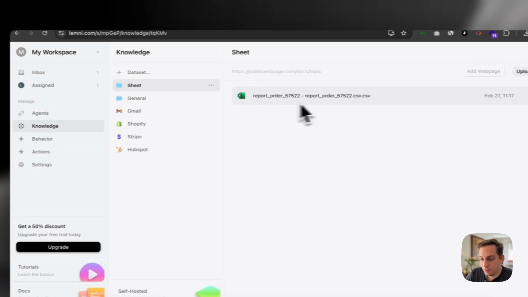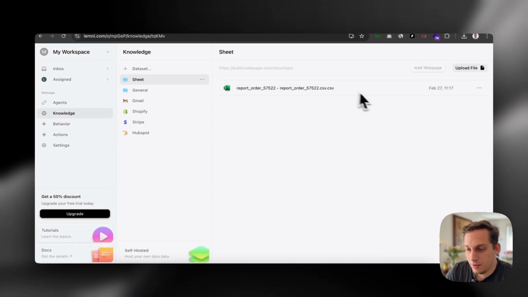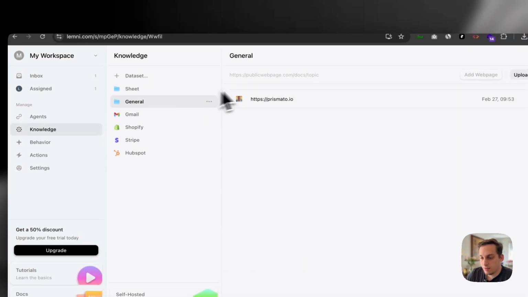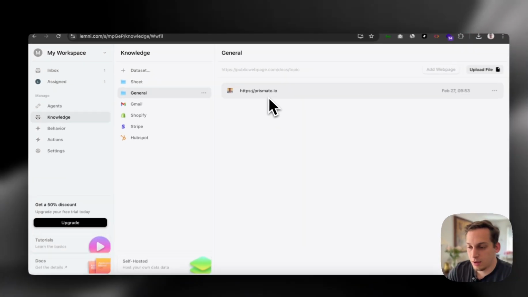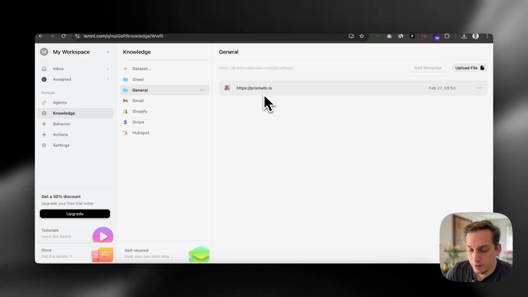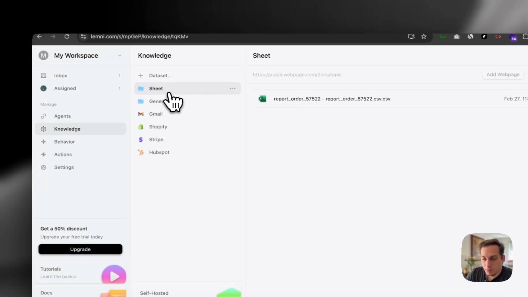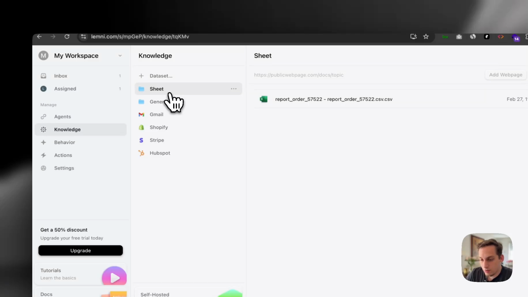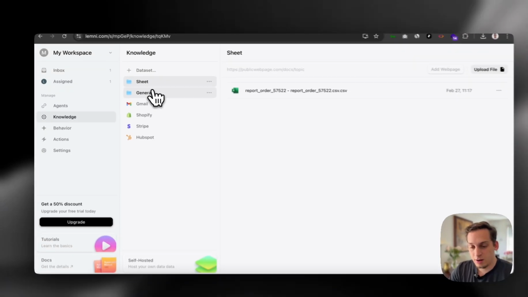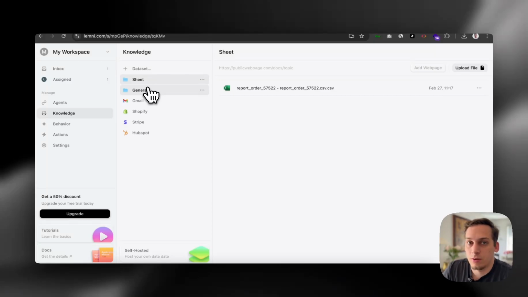But basically, we can add custom sheets. So I added, for example, this sheet. This is like a CSV file of a list of emails that I downloaded. So it kind of has that as like a customer database. And I added my website, which is just like a course website that I created for building Framer apps, right? I just added these randomly. I didn't really use them, but what you can do is you can add specific websites. You can add your agency website, or you can add your e-commerce website if you have a Shopify store